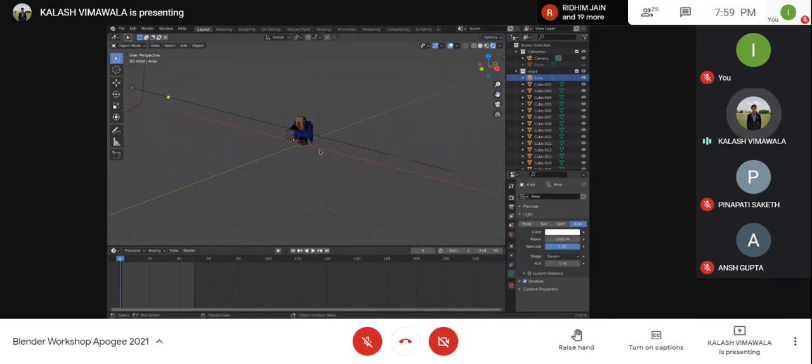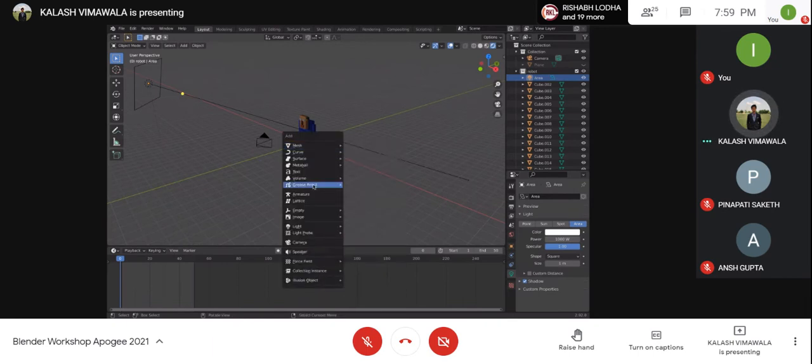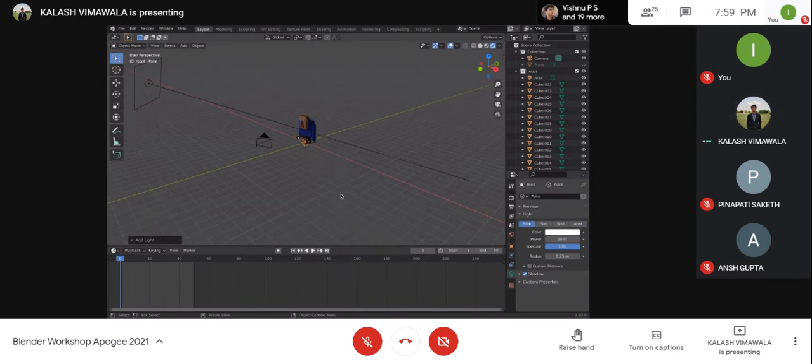You have multiple options for adding lights. So simply go into this mode, press Shift A, and you'll have options over here. You have a light option. You can have point, sun, spot, or area light. Now, even if you select a point light as of now, this light has been added to the origin or the cursor. I'll just move it up. So G, Z, along the Z axis, I brought it up.